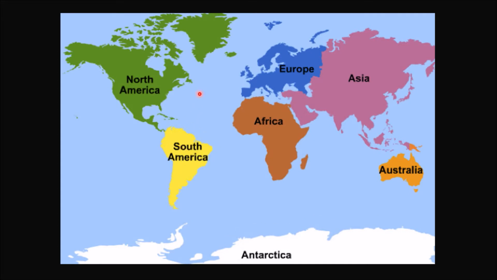If we go across over here to what is called kind of the Old World, we have over here Europe. Europe includes countries like Germany, Spain, Italy, France. We have Asia. Asia is probably the biggest continent. Then you have Africa over here, and you have Australia. Now down here near the South Pole, we have Antarctica. So we have a total of 7 different continents over here.